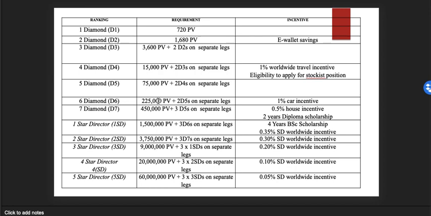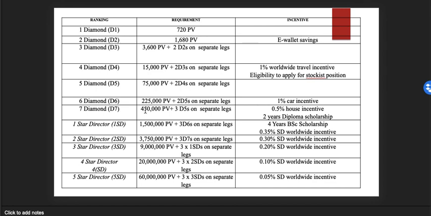D6, 225,000 PVs, 2 D5s on separate legs. You begin to enjoy another 1% car incentive, and actually the 1% travel incentive. Then we become a D7. Now, from this point to D6, it's been 2 legs, 2 legs, 2 legs. But as a D7, the company is saying stand on all 3 legs. So for you to be a D7, you must have 3 D5s on separate legs